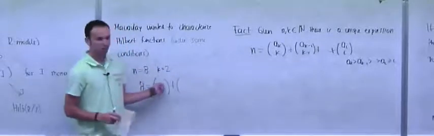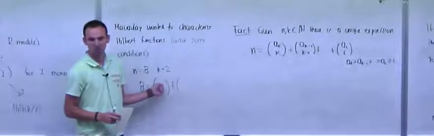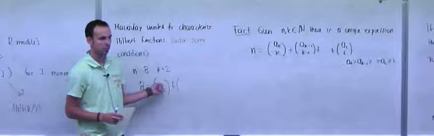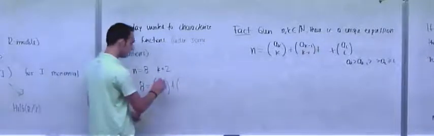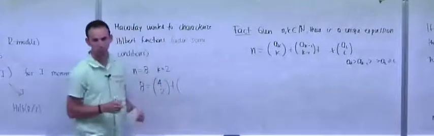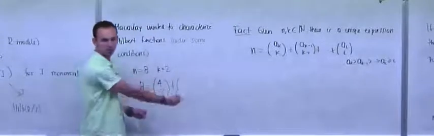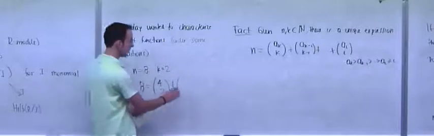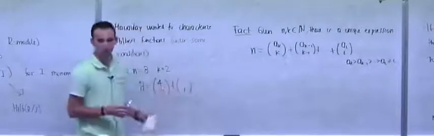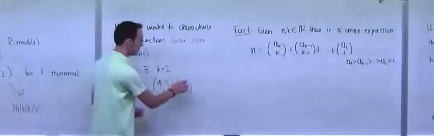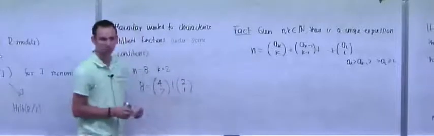You look for the biggest something choose 2 that fits. So what's the biggest something choose 2 that fits in 8? If you think about it, you'll see that it's 6. 6 is 4 choose 2. It's the biggest one that fits, and then you need a 2. But that 2, you have to write it as something choose 1, and it actually is just 2 choose 1. So this is the unique expression of 8